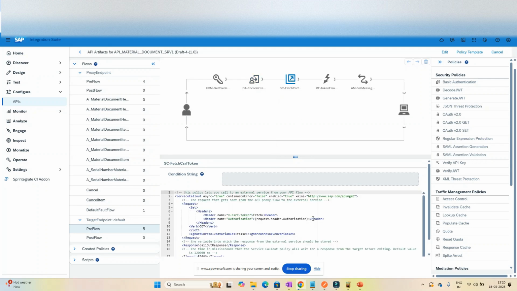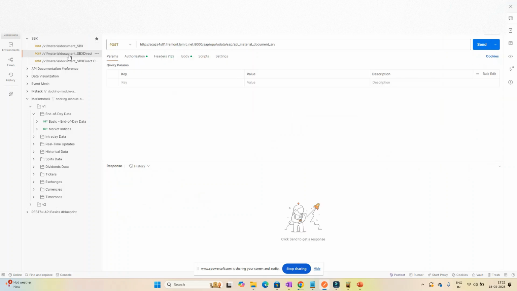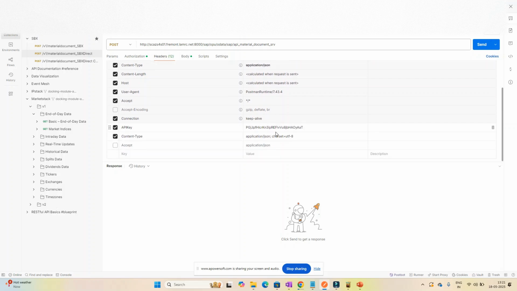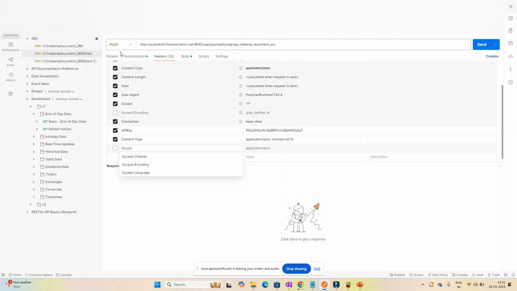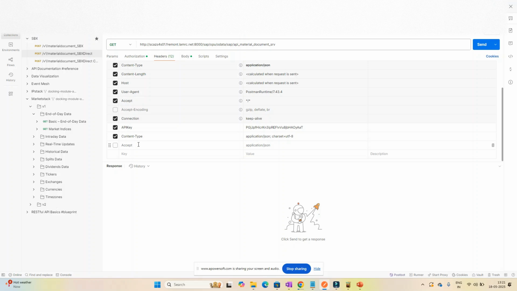Since this is an OData service, we have to get a CSRF token as well, right? How do you usually get a CSRF token? By calling a GET service and using the header x_csrf_token and its value as fetch. That's exactly what it is doing here. So the same thing you can do in Postman as well, right? Let's say you want to do it using Postman. What you'll do is basically put a GET around it, and pass